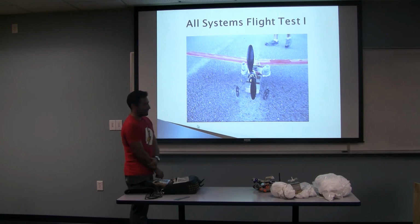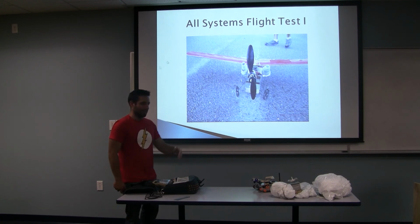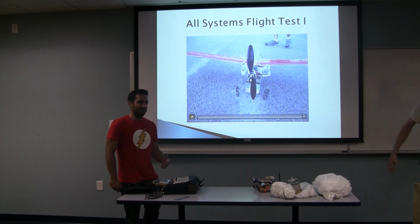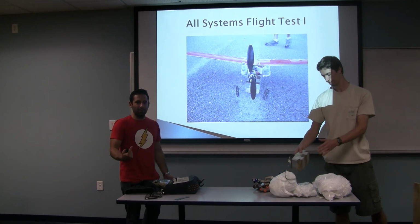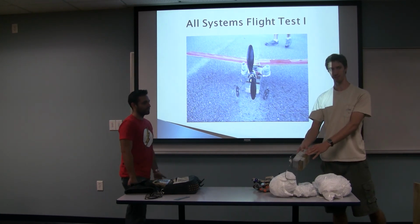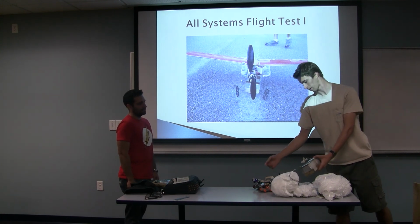So this is all system flight test number 1. However, we did it to preserve the equipment. We actually did it with a dummy load instead, so that if we lost anything, we only lost one robot. The dummy load is actually a little bit heavier than the robot, but I was anticipating using a